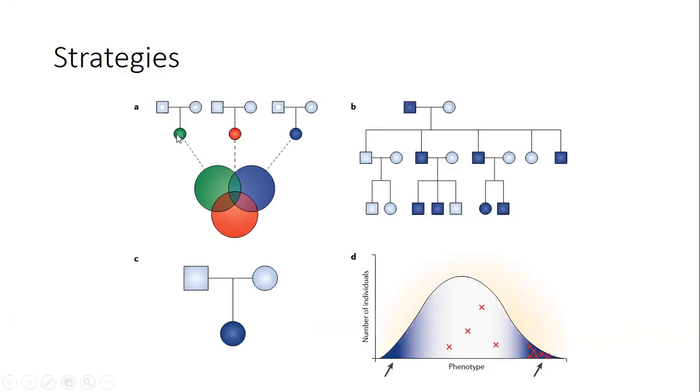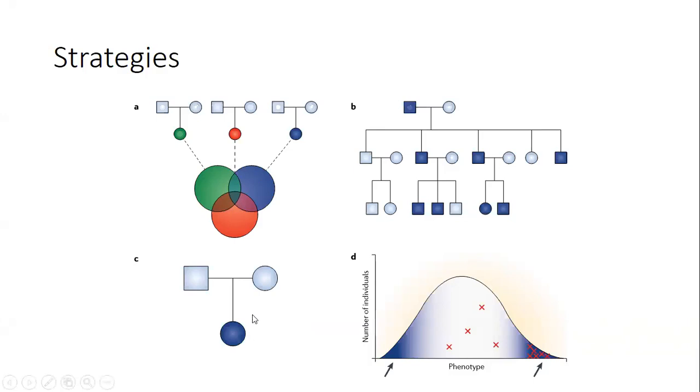One way is to compare individuals across different families, and this is a kind of diagram showing that the first individual has lots of variants, the second individual lots, and the third lots, but they overlap with only a relatively few. And I'll show you in a few minutes how we can actually accomplish that, because so often we're dealing with just one family, and where do you find these other families? But that becomes a really important issue.